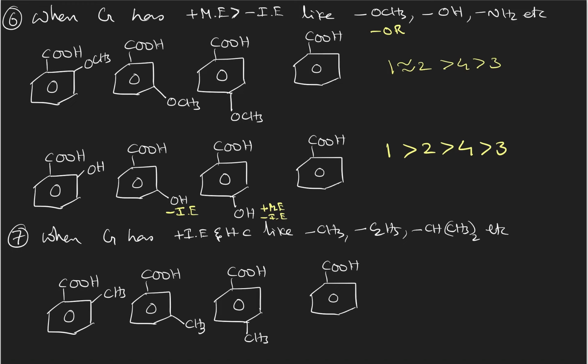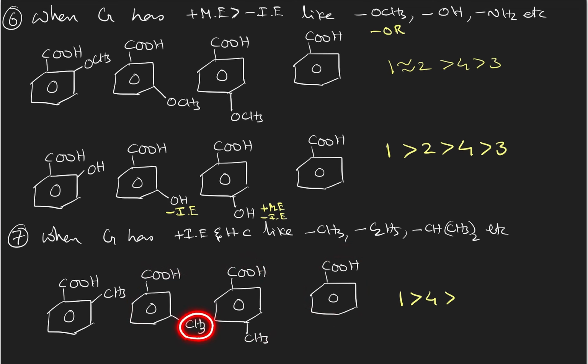Then coming to seventh example, when G has positive inductive effect and hyperconjugation, that means alkyl groups are present. So when alkyl groups are there, we know alkyl groups are electron releasing groups. Definitely they will decrease the acidic strength. But ortho substituted benzoic acid will be acidic in nature. That already we know. So 1 is higher than 4 because